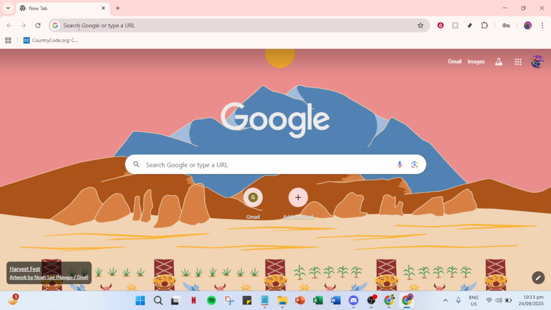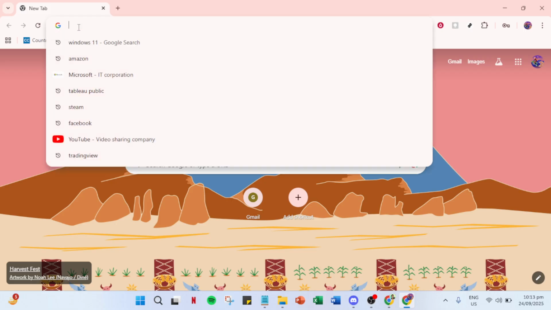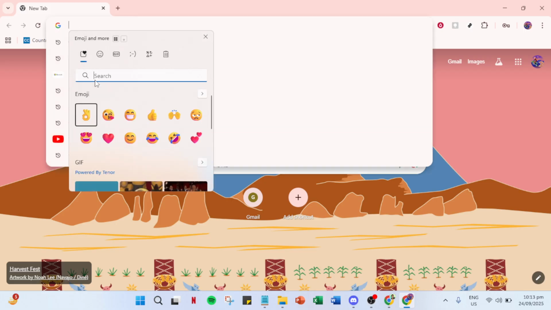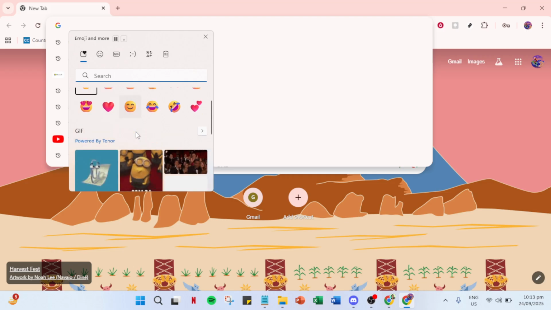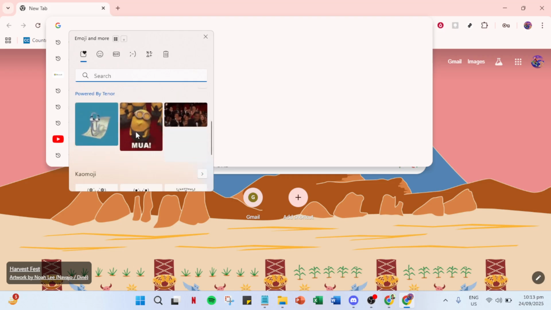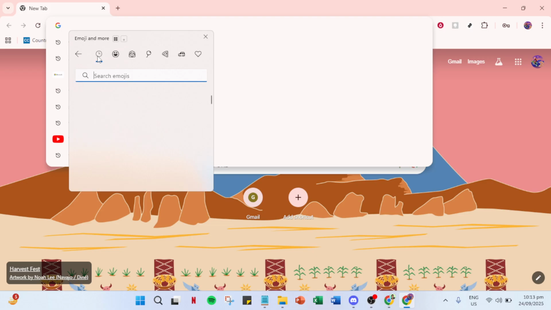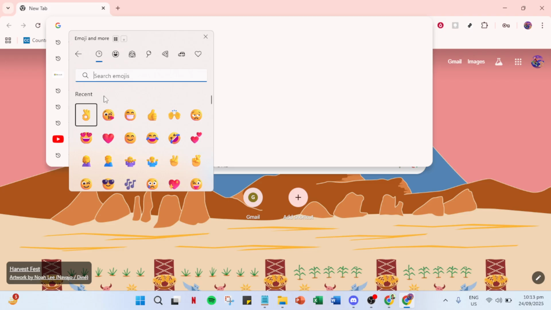The key combination you need to remember is Windows key plus period. Yes, you heard it right. All you need to do is press the Windows key and the period key at the same time. This combination might seem simple, but it's incredibly effective. It's important to note that these are the keys on your keyboard with the Windows logo and the dot. Give it a try, and you'll see what happens next.